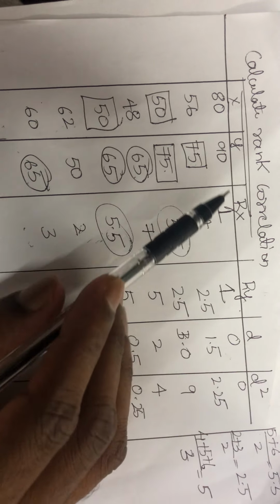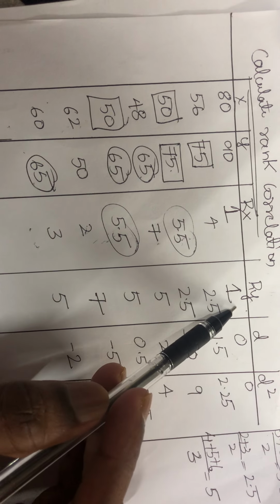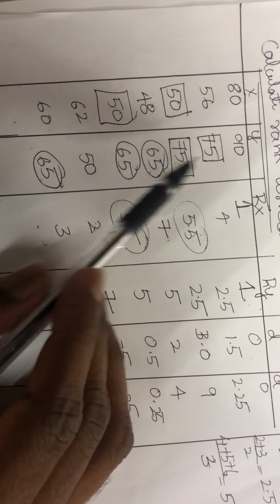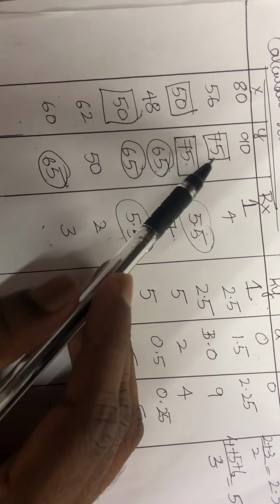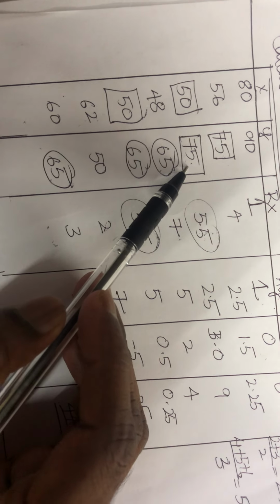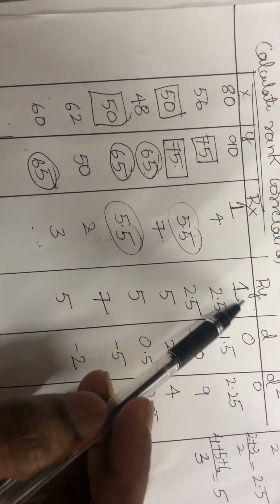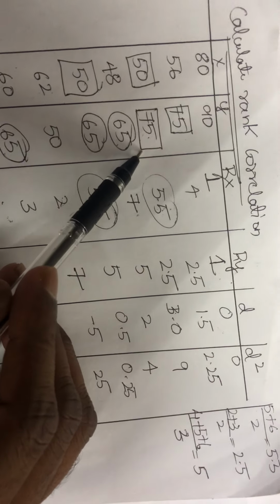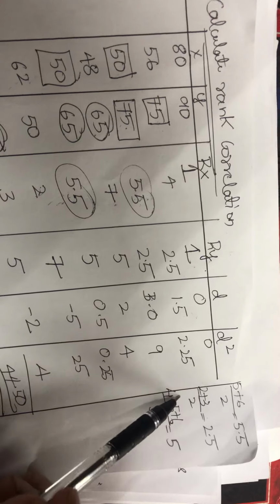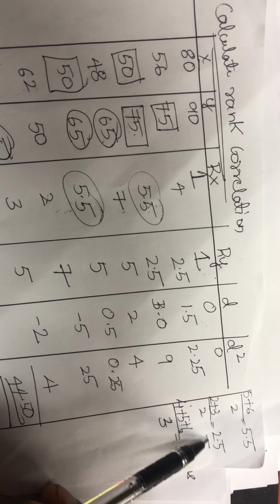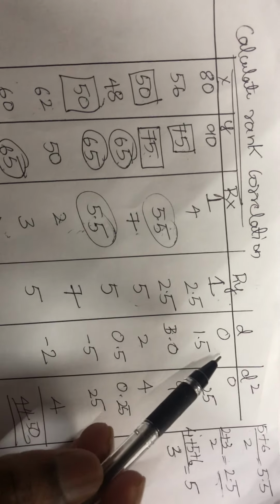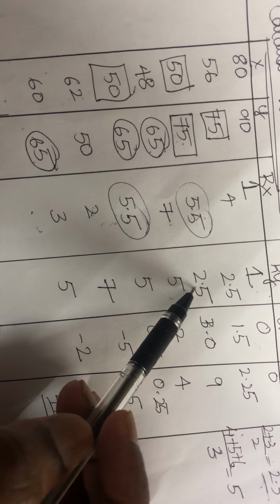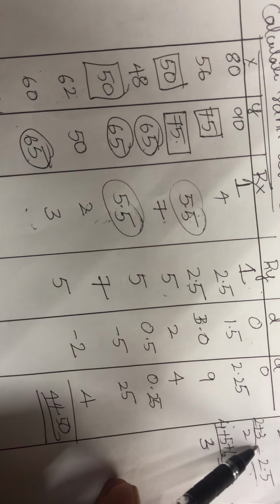The highest marks is 90, I'll be giving 1. But the second highest marks is taken by two persons, 75, 75. Can I give second rank? No, it cannot be given. So after first rank, two persons are there, so the next two ranks are 2 and 3. The average of 2 and 3 is 2.5. So 2.5 will be given to both, 2.5, 2.5. So that is second rank and third rank taken care of.